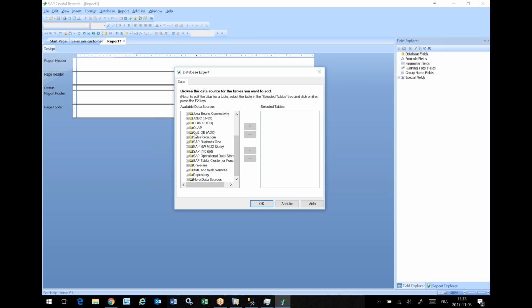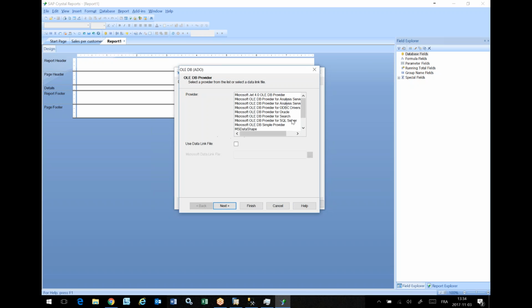Most of the time, the connector that we're going to use is the OLE DB. That's one that works fine. We don't even use the SAP Business One one. We use this one, OLE DB. It works fine. And if we double click, we select the SQL Server